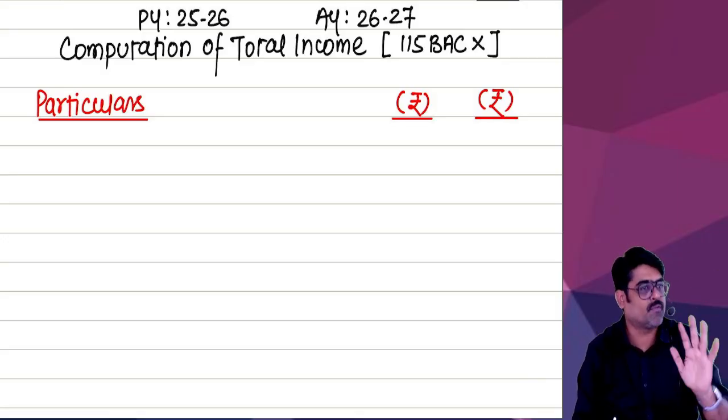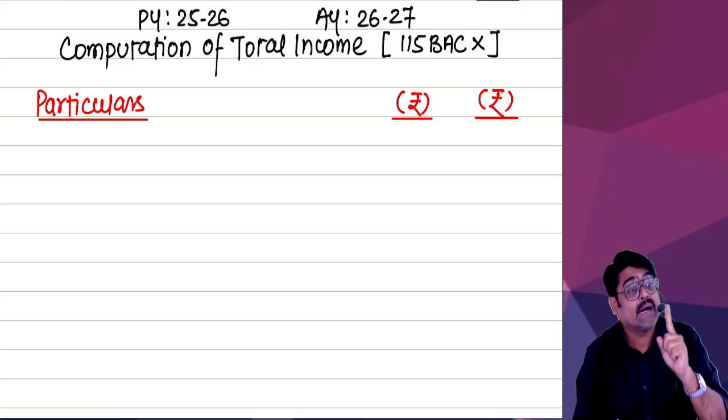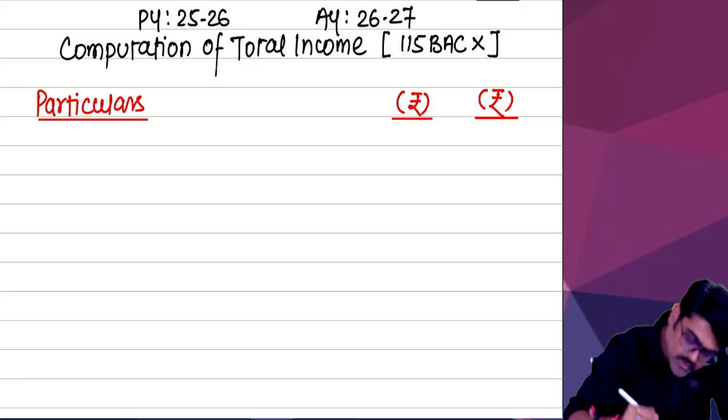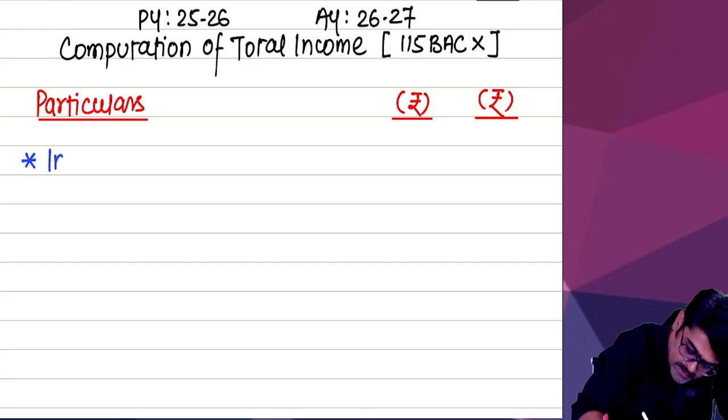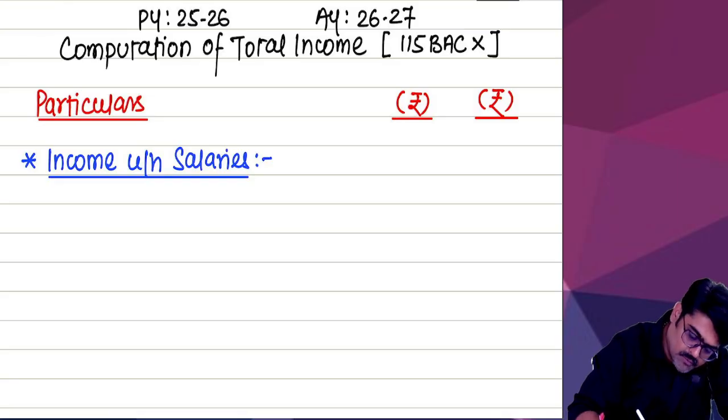So you are supposed to calculate the income of 5 heads. In the question, 5 heads are not there, but 2 heads are there. First, the salary head is there. Second, the IFOS head is there. So first of all, you are going to calculate income under which head? Income under the head salaries. So tell me, first thing,